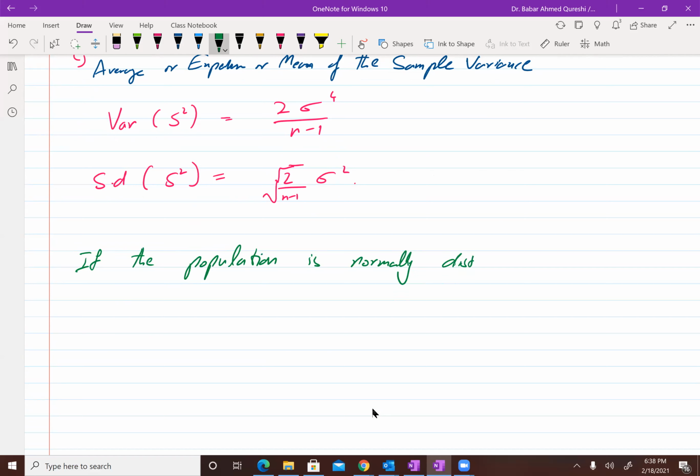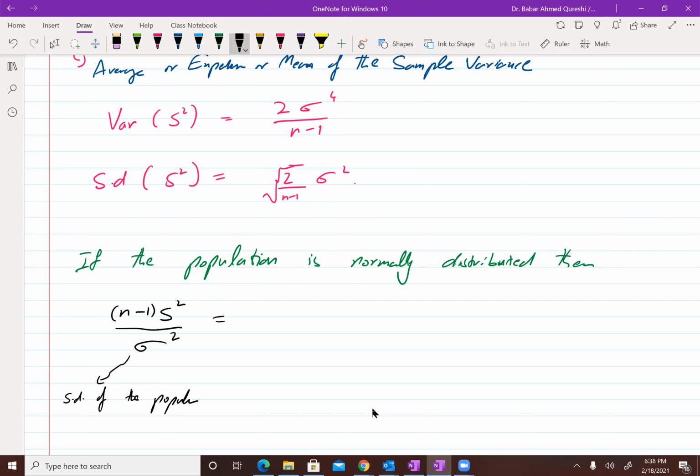And the result says that the sample variance, if you multiply it by n-1 divided by sigma squared, where sigma squared is the variance of the population,